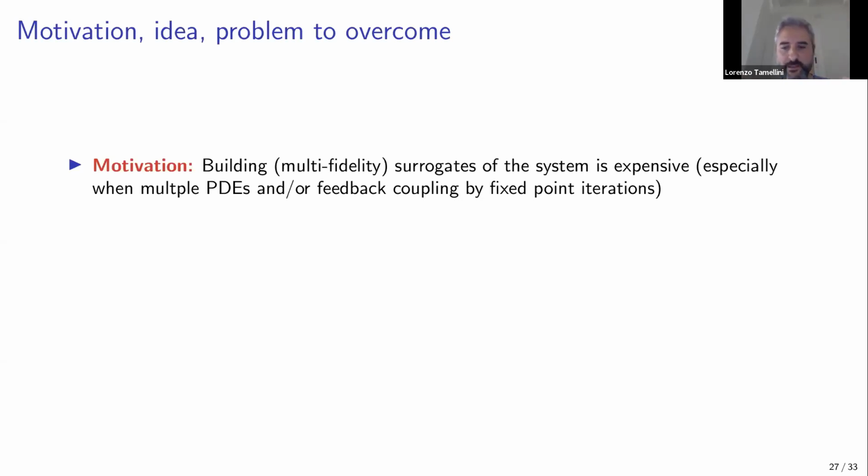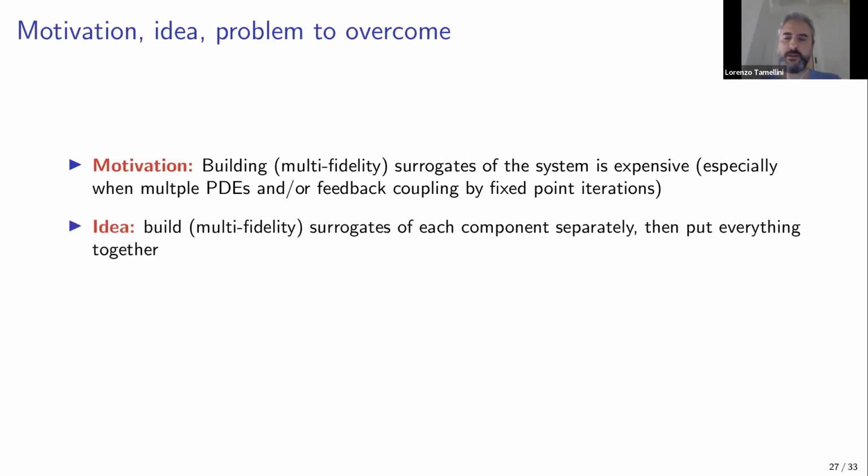But because that includes, in this case, 1 PDE and 3 algebraic models, but you could easily imagine 2 PDEs or 3 PDEs or whatever, building a surrogate for the whole system is expensive, especially with multiple PDEs. And if any of these blocks were coupled in a feedback mode, you would need to run Newton or fixed point iterations. So evaluating the big chunk even one time is expensive, let alone building a surrogate model for that. So the idea to reduce the computational cost is to build